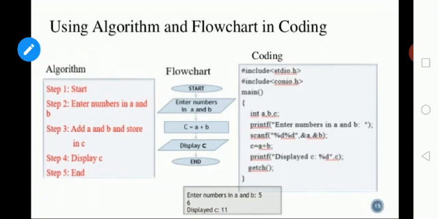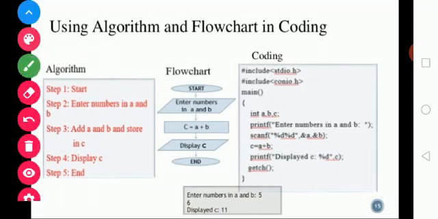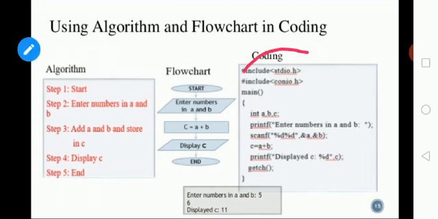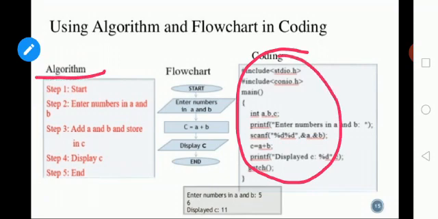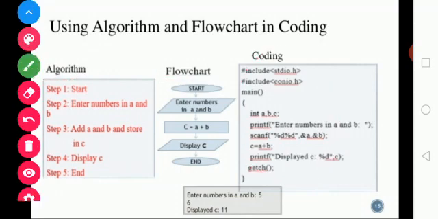Then, all together in a single slide. Could you see the first one that we have seen? Algorithm, next flowchart, next pseudocode, that is coding. This last coding you will be studying in future: header files, functions, variables, everything that we have to use in the C program. This is a sample C program. The last thing we are seeing is this sample C program. This is the algorithm and this is the flowchart. This is a simple C program, and the same algorithm and flowchart are given. Could you understand whatever we have seen here?